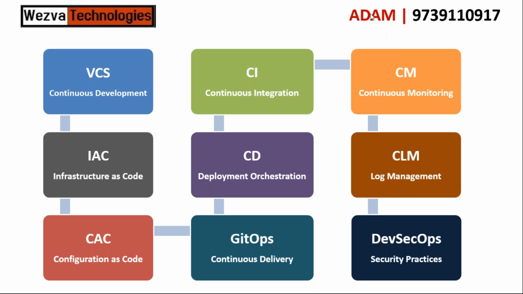So what we need to do is make sure that the products that we are delivering are also secure, and not just that, the infrastructure that we use to manage all these things should also be secure. That is where in DevOps, security is also important. So security at every level is important. That is what we call DevSecOps. So where does security come in? If you are going to store your code, how are you going to manage that you give specific security on who should be working, who should not be working, what kind of branches you are going to have? That is what we call a DevSecOps practice.